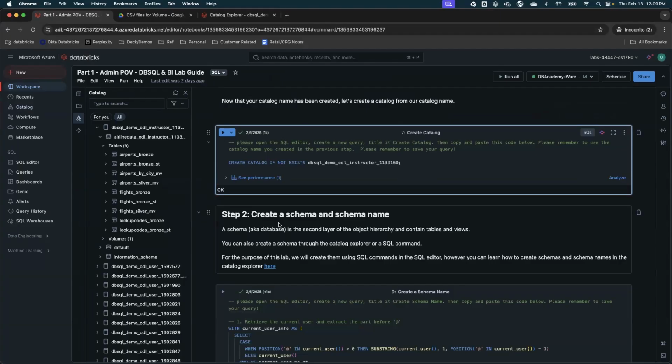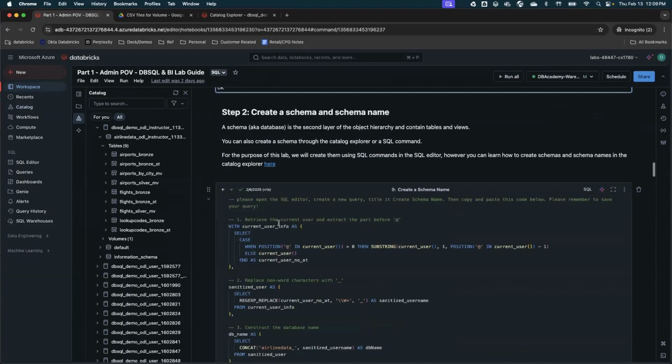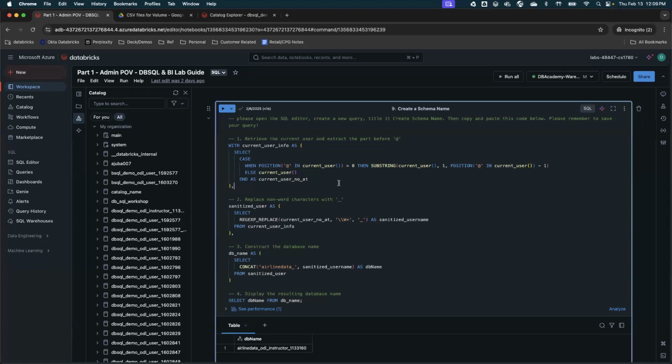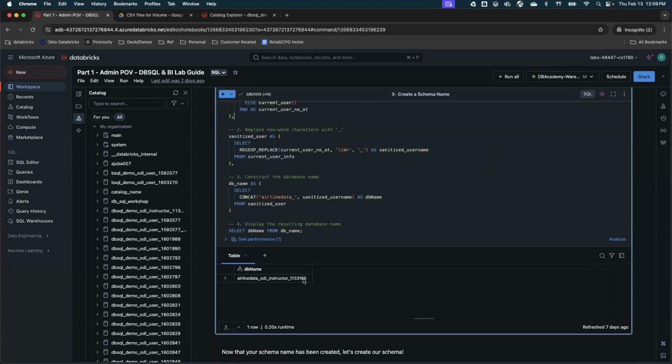And once you have a catalog, you will be able to create a schema, same process for the next two cells. Run the first cell, which should generate a unique schema name. We don't want people to create the same catalog and same name across. That's why this code is written. So we cannot have the same catalog with, let's say, two Siddesh, right? And that's where this code helps you create a name specific to your login ID.